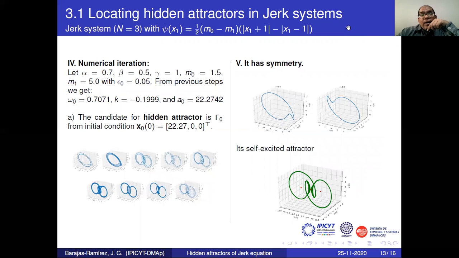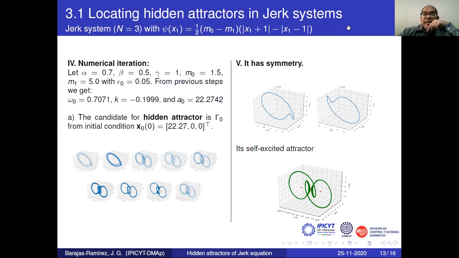Finally, we found a version of the three-part jerk system where the nonlinearity is like that. This nonlinearity is continuous in the sense that there are no gaps, but it is non-differentiable at 1 and -1. So it's a piecewise linear function, similar to the Chua nonlinearity. For these parameters, we found a hidden attractor. And obviously, since it's a symmetric system, we investigated also the negative version, and it has, in this case,